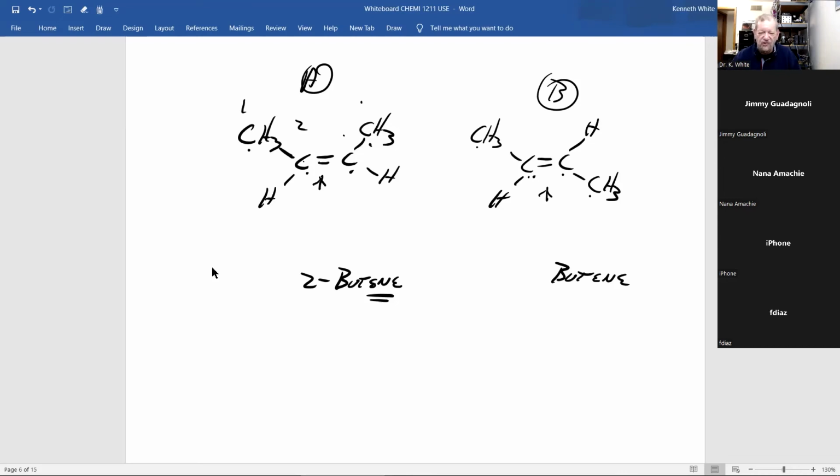What carbon is closest to the end of the chain of the double bond, here or here? We can call this 1, this 2, or this 1, this 2. So, 2-butene. A and B are different molecules. They can't have the same name. Relax, take a deep breath. IUPAC thought of this. And let's go through what's called